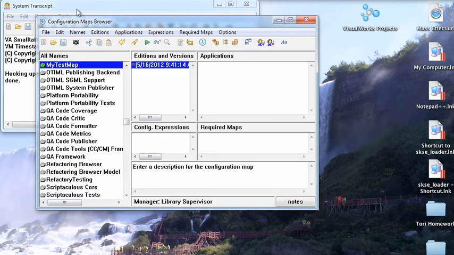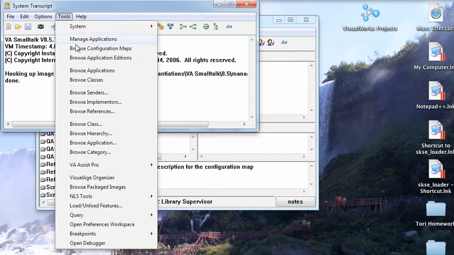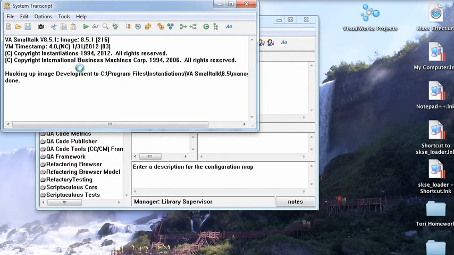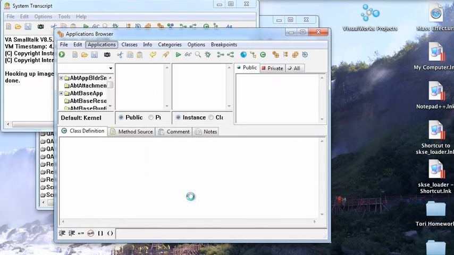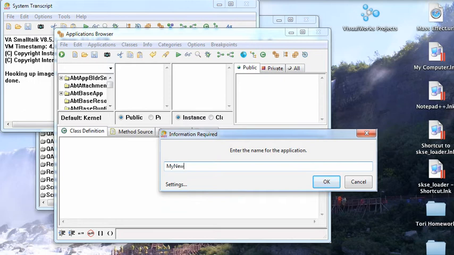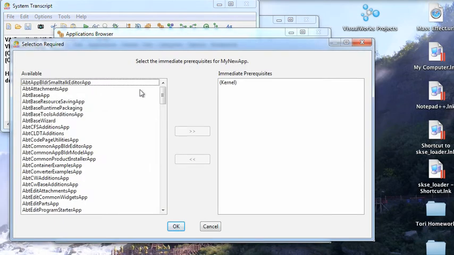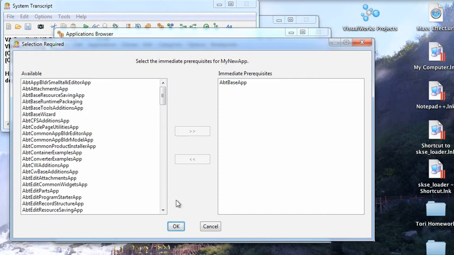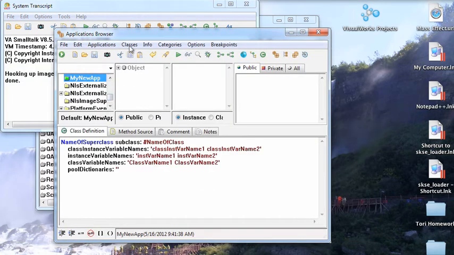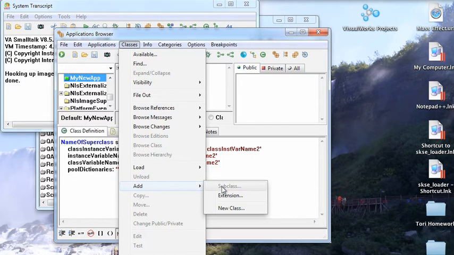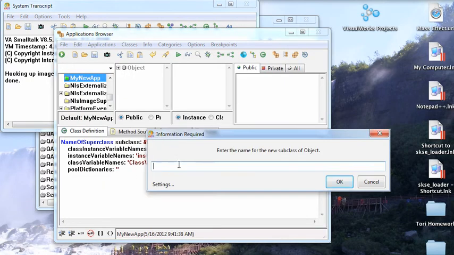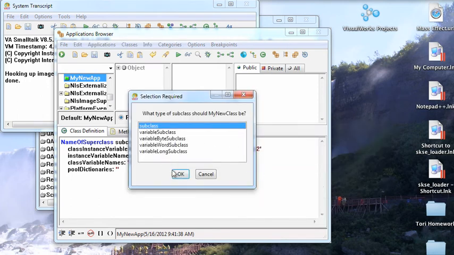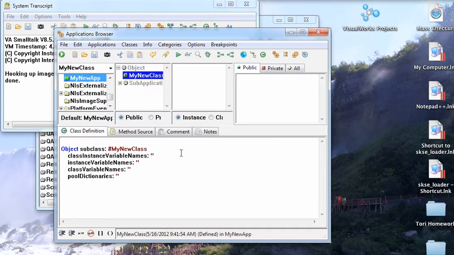Now what we're going to do is come over here to Tools, Browse Applications, and create a new one. So we're going to go Create Application, My New App we'll call it, and we'll just make it require the base stuff. Then once we've got this, we're going to add a new class. So pick new class, make it a subclass of Object, call it My New Class, and we'll just make it a normal subclass, and then just for jollies we'll add an instance variable,